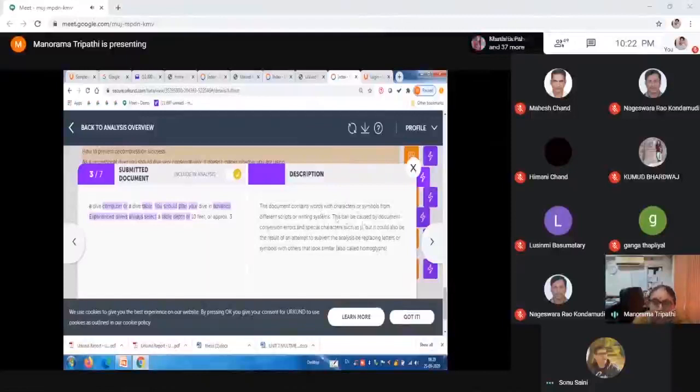This can be caused by document conversion errors and special characters such as mu, but it could also be the result of an attempt to subvert the analysis by replacing letters or symbols with others that look similar. So even if somebody tries to do that, this system catches that too.